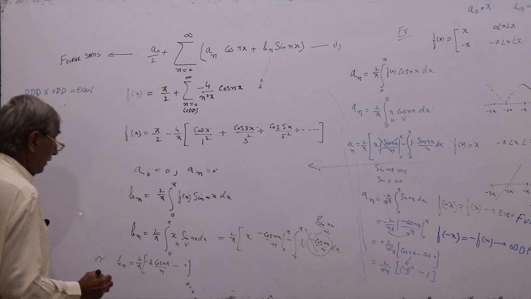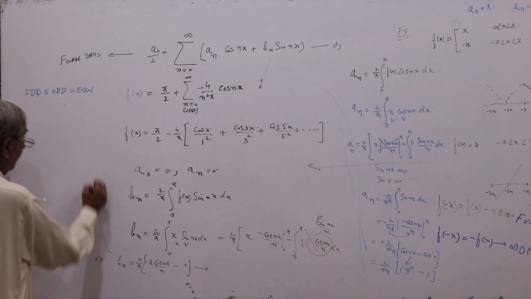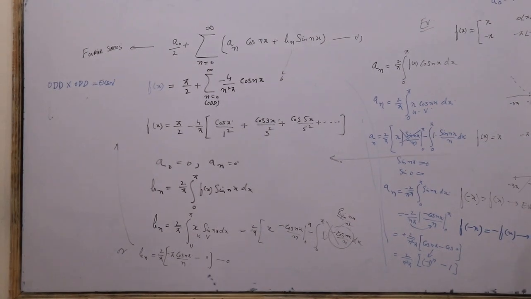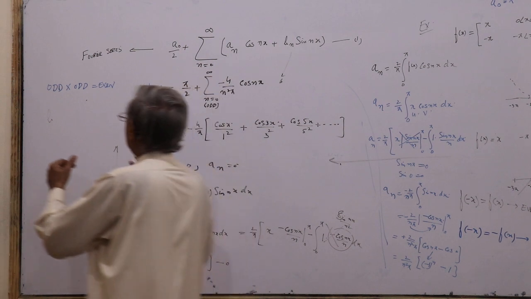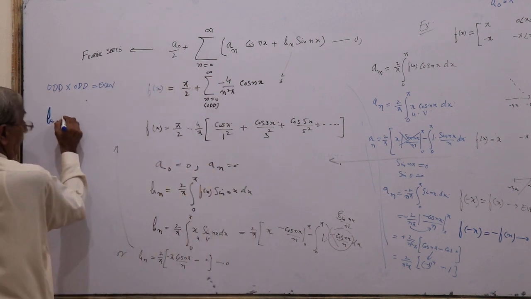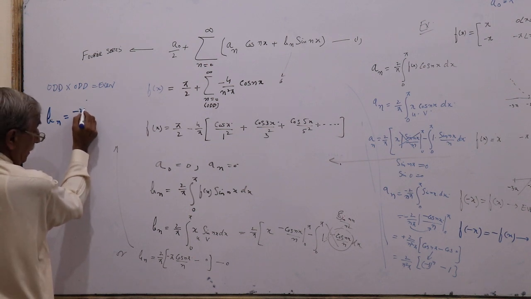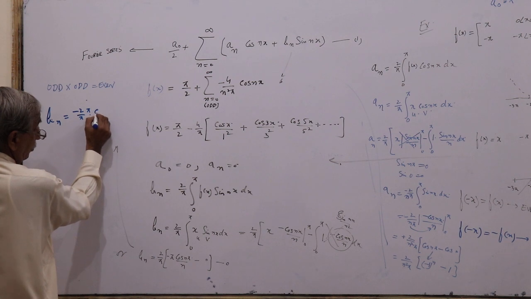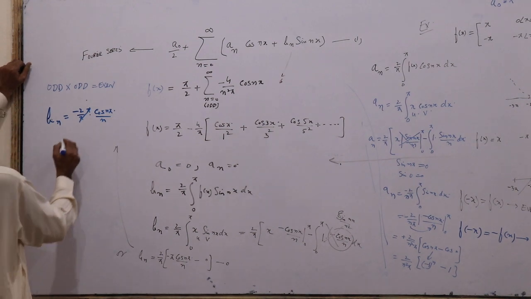You don't need that. So that is also 0. And your bn is equal to minus 2 over pi into pi cosine of n pi over n. This pi cancels, and that